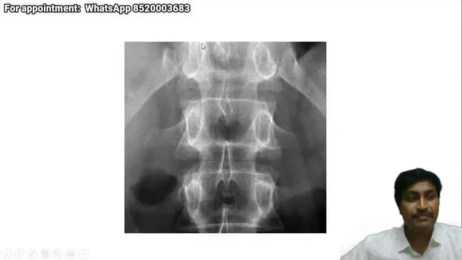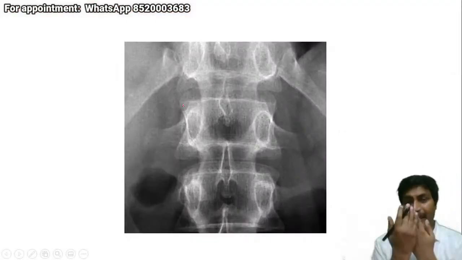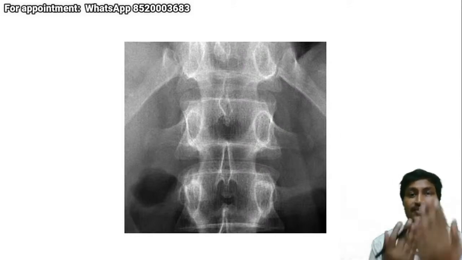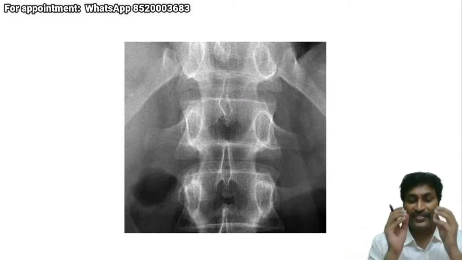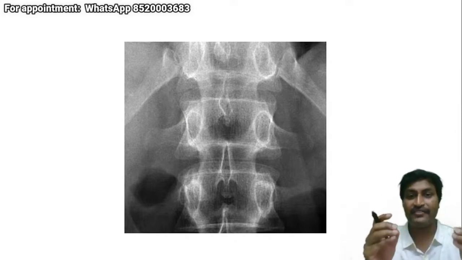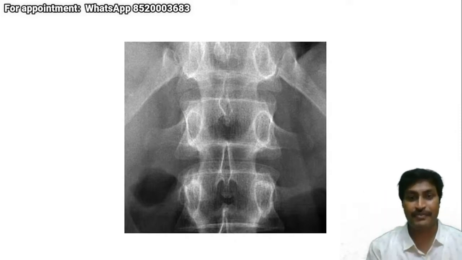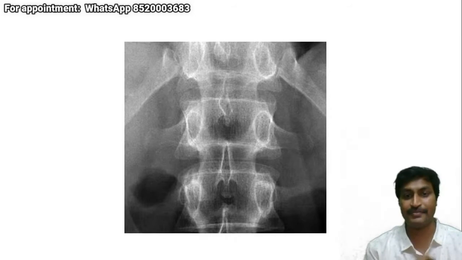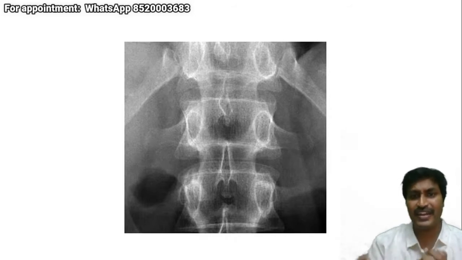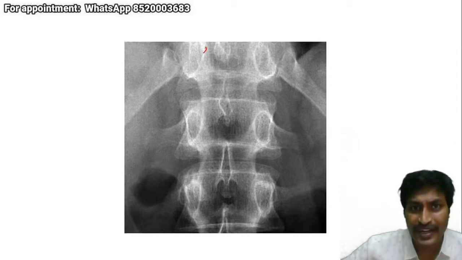Okay, in the same picture as I've told you, AP view, all the three layers are superimposed on each other. So I have to selectively identify each and every layer in each step. So in the first step, I have identified the posterior elements, that is the butterfly. In the second step, I will identify the pedicle, which is very easy. So are you able to identify the pedicles?